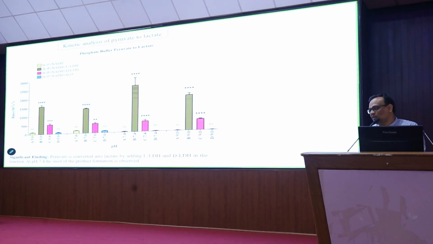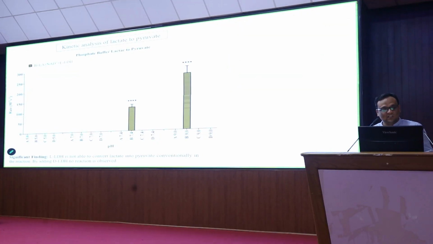Two different forms of LDH were used. DLDH is bacterial LDH, and LLDH is your normal lactate dehydrogenase. You can see that at pH 7.4, the rate is very, very high, and at pH 9 also it is very high. So pyruvate is converted to lactate very readily, and you can see the y-axis numbers are quite high. But if you see this,